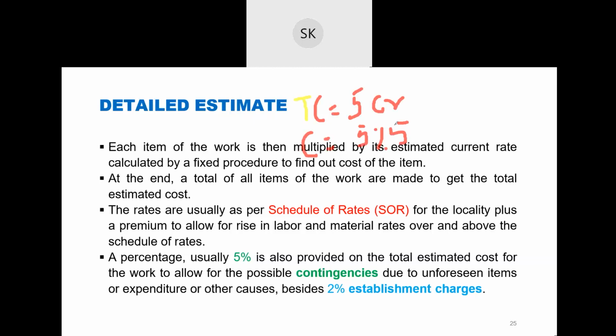What if it is 10 crore? You have to take 5% of 10 crore. If it is 1 lakh, you also have to take 5% of 1 lakh. Contingency means there may be some accident, some extra transportation, anything can happen, right? You cannot predict the exact amount that the work will cost. There may be some fluctuation in the rate, so all of these come under contingency.